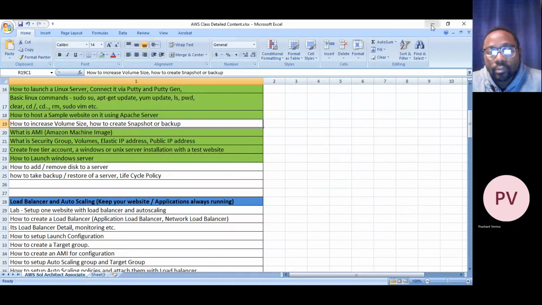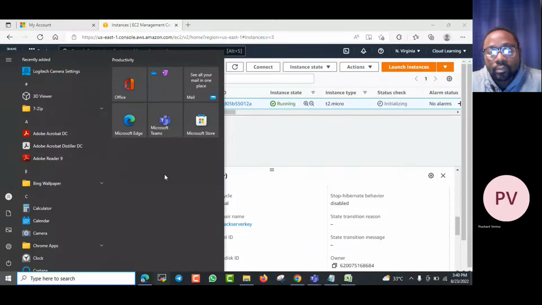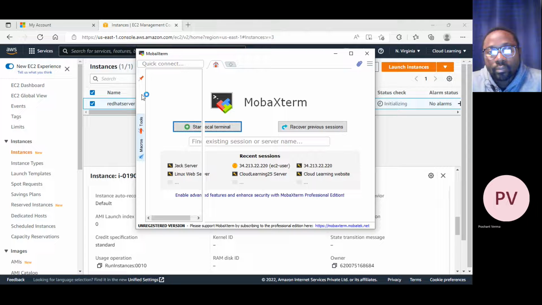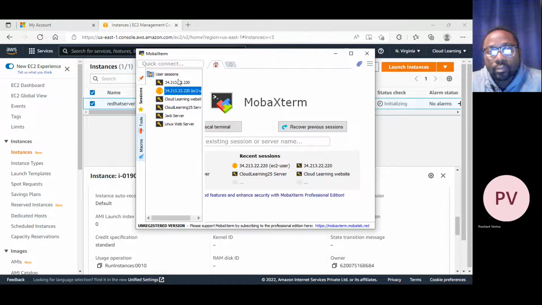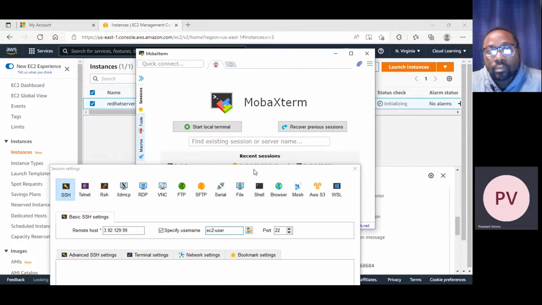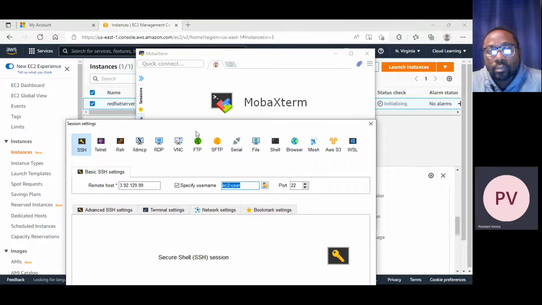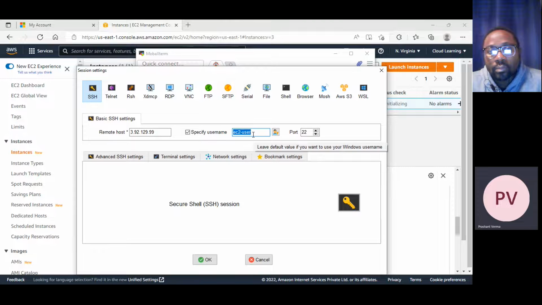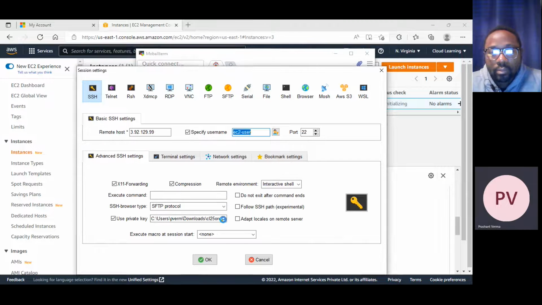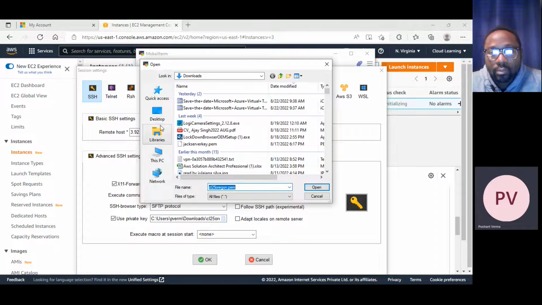This is what I will do. I just change the IP address. Username would be ec2-user because it is a Linux server. For Linux, the username is ec2-user. Then the port, then advanced settings, and the key pair which we used was your Jack server key.